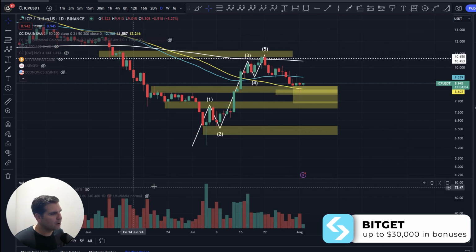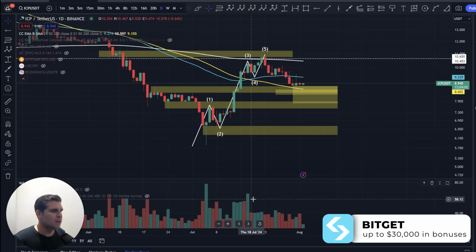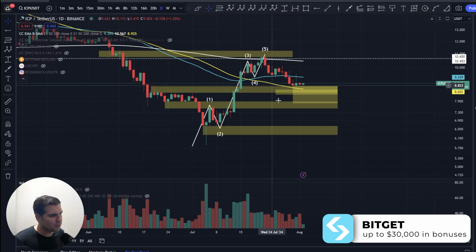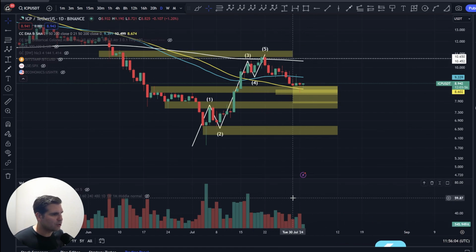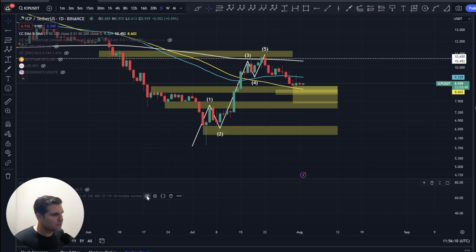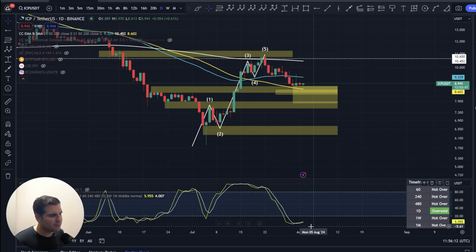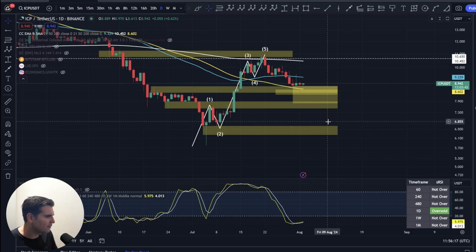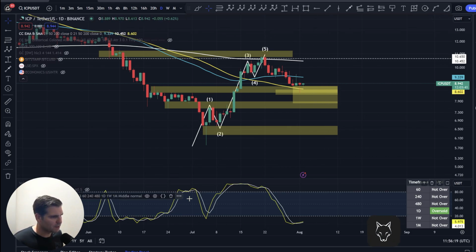Now, if I bring up our volume profiles, you can see here that volumes have been decreasing both on the upside, but also on this correction to the downside as well. So again, there's not a huge appetite to be trading in ICP, both in the moves to the upside or the moves to the downside. If we take a look at the stochastic RSI, you can see that we're oversold on the daily time frame. That's great, but I still expect us to move back down a little bit before we get into those lifts to the upside.